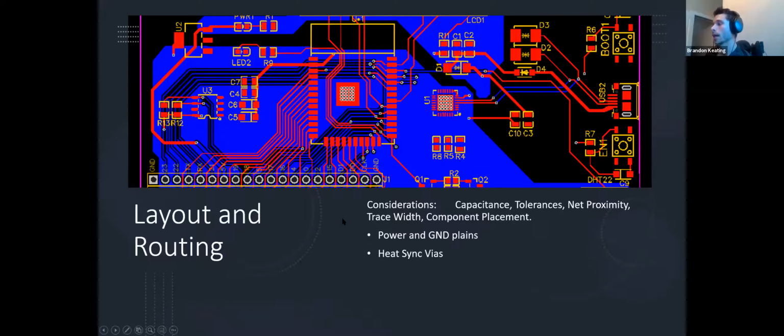So to actually make a PCB, we're going to be assuming that we already have a schematic from this point on, but just a couple of considerations are going to be tolerances. This is going to be the proximity of components and nets. So you want things to be fairly spaced out. If they're too tight together, like if you see these two bus lines here,